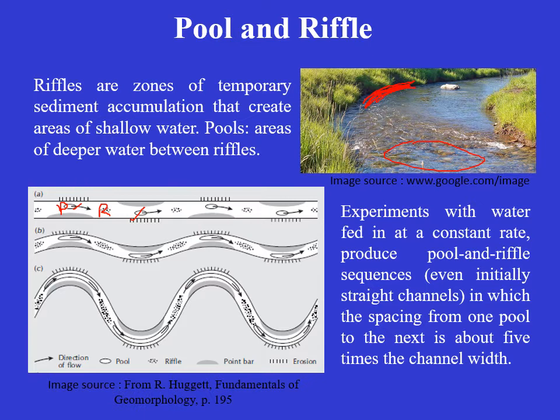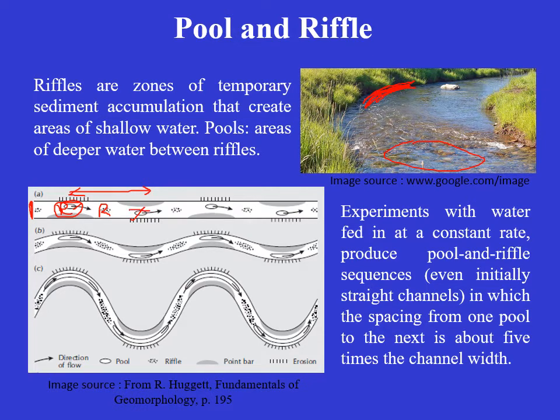So this distance from this pool to this pool is about 5 times greater than the channel width. And another interesting thing you may find from this feature is that here in this straight channel also, the pools are occurring